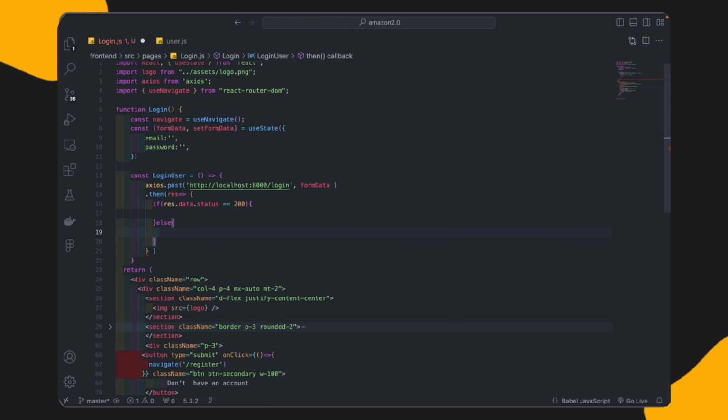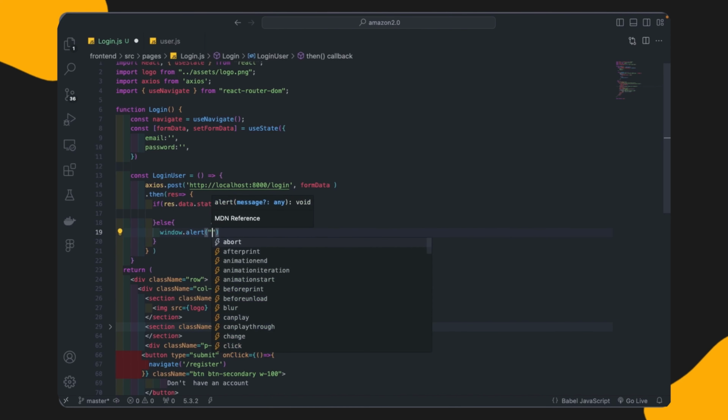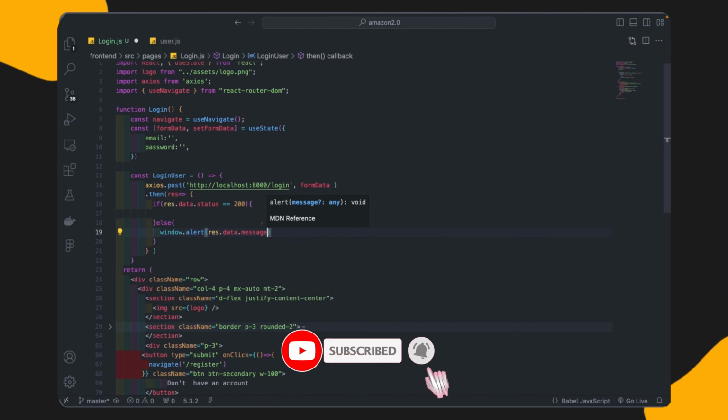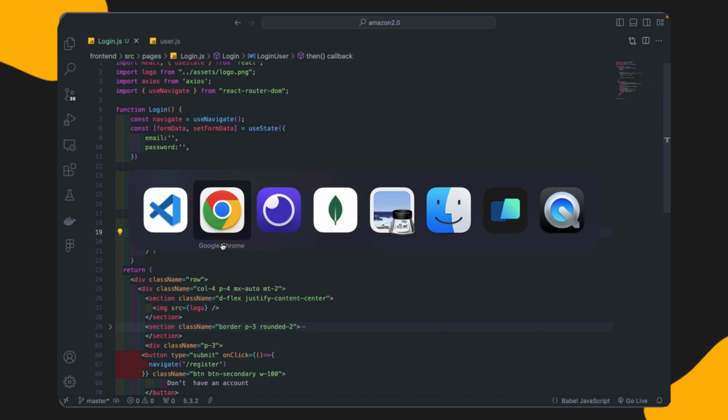Otherwise we will write window.alert, and whatever the response.data.message is, it will alert it.